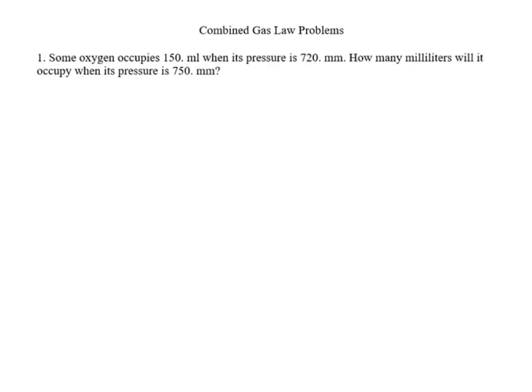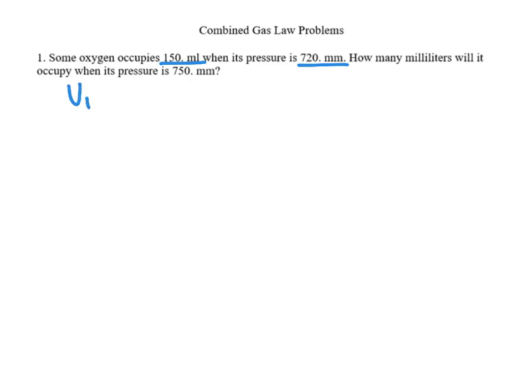So if you'll open the combined gas law problem sheet on Google Classroom, you'll see these problems. The first 4 problems are on Boyle's law. And so you notice we have some milliliter and some millimeter numbers given in this problem. So that's Boyle's law. What we're doing here is we're holding temperature constant, because temperature can impact the volume and the pressure on a gas also. So we're not changing the temperature at all.